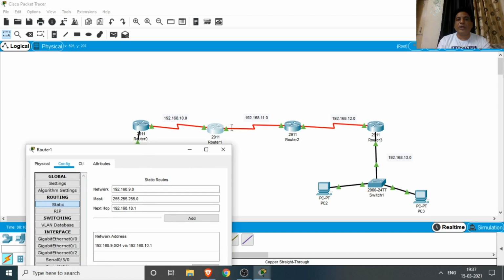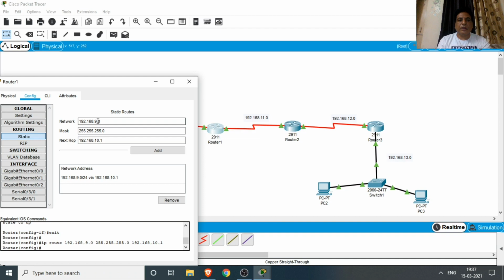Now we move to the right side. On the right side, we will move to 12.0 and 13.0. So we can move to 12.0, and our exit point is 11.2. That is the exit point.